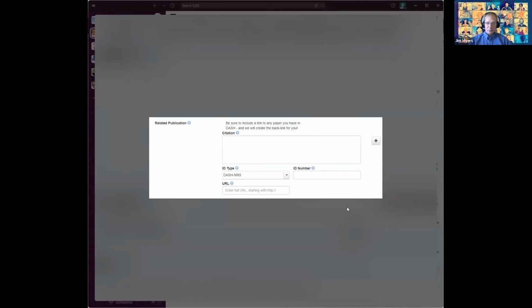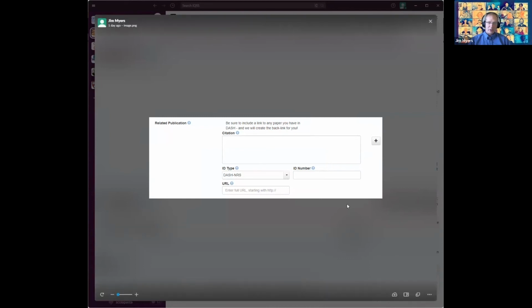One of the things that we implemented as part of this was the ability to have custom instructions in templates. So the screen share I'm showing is just that on the related publication field, you can now set a template that says something useful like, be sure to include a link to any paper you have in Dash and we'll create the backlink for you.